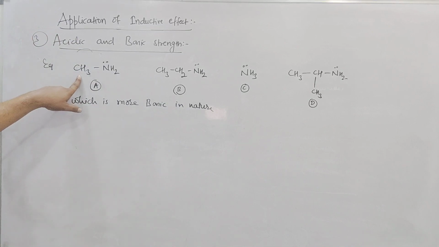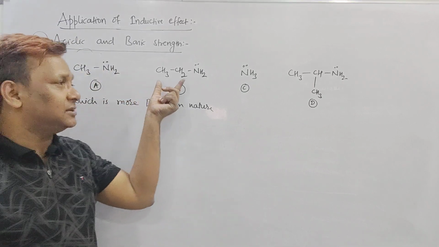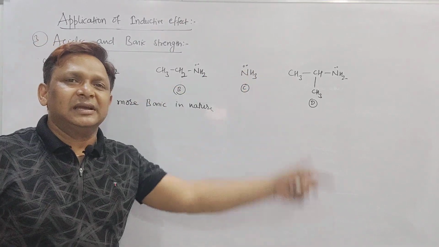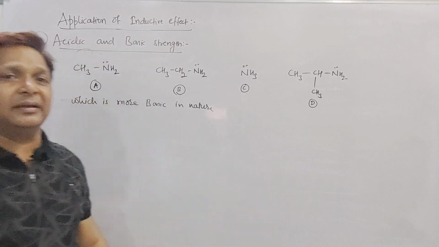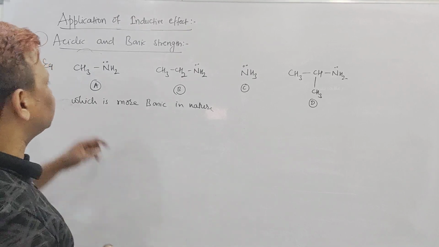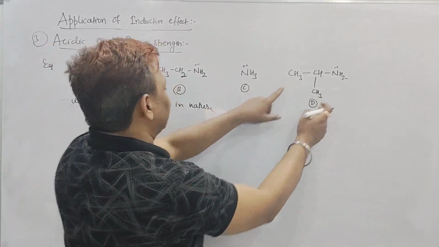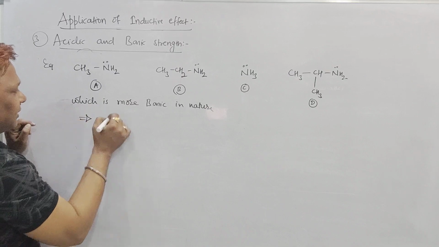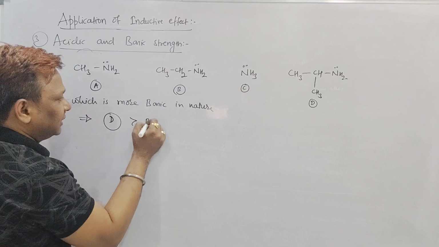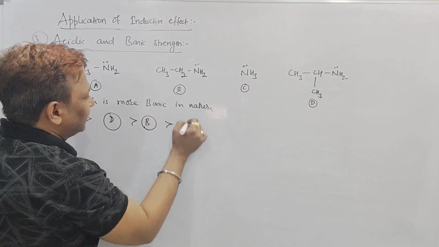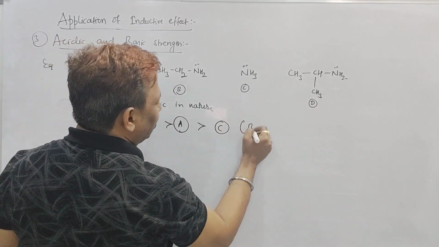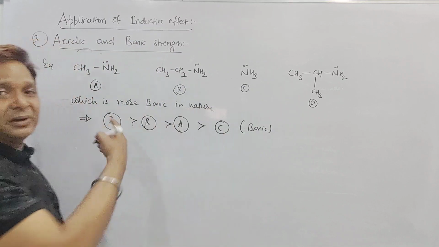It's very simple beta. It is having a plus I of CH3, it is having a plus I of C2H5, and we saw beta, as the size of the alkyl group increases, the inductive effect, plus I of it, will increase. So among these, which is having a more number of plus I, so it is having a more number of plus I. So which is more basic in nature? So D is more basic in nature than B, than A. Least one is what, beta? C, and hence it is the order of basic nature of this particular amine.